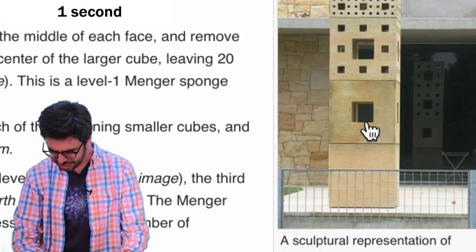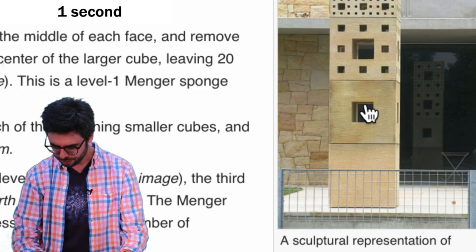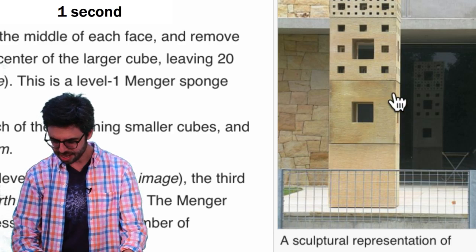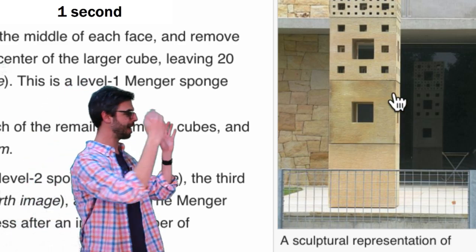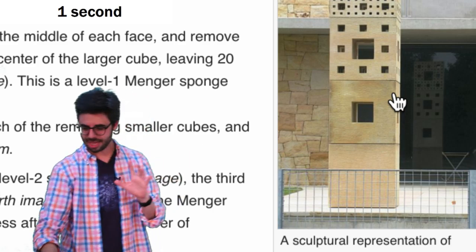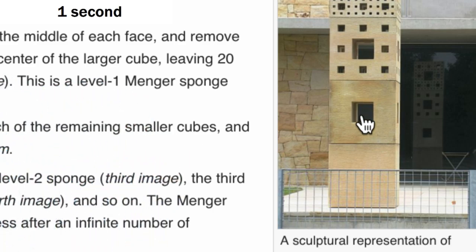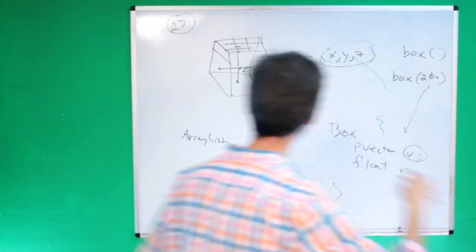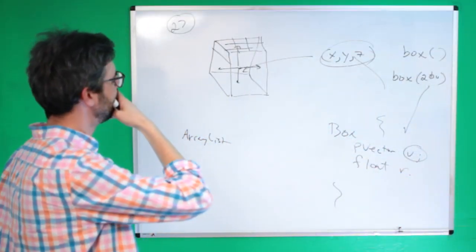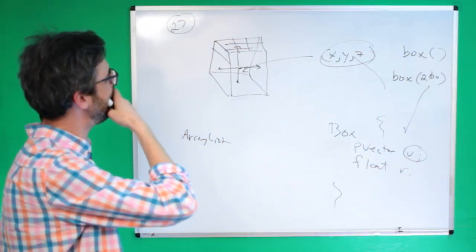So if I look at this, right? 1, 2, 3, 4, 5, 6, 7, 8, 9, and then 3 back. So that's 27. And then I just need to delete. I'm so bad at drawing. Oh, I'm over here now. I just need to delete certain ones. So I need to get rid of